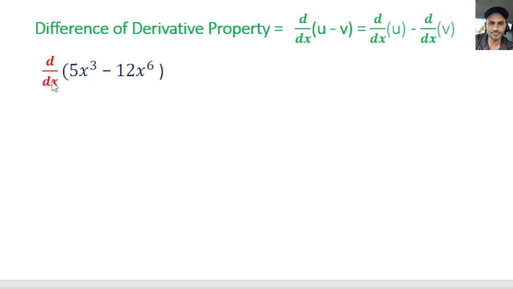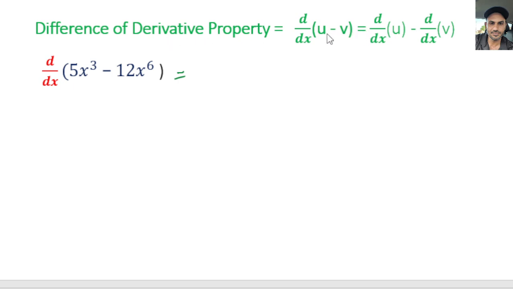So if we look at this expression right here, we have the derivative of 5x cubed minus 12x to the 6. If we want to take the derivative of this expression or function, which is the difference of two terms or two functions, 5x cubed and 12x to the 6, we basically take the derivative of each term independently and take the difference of these two terms. So I'm going to go ahead and write it down like that